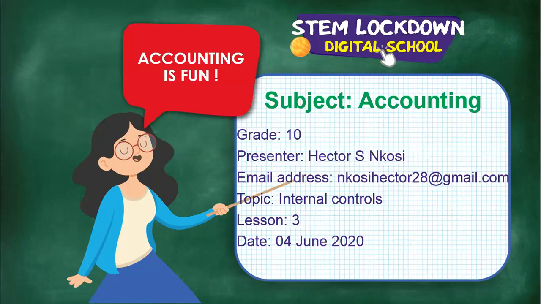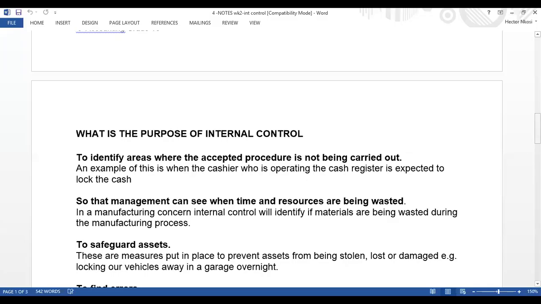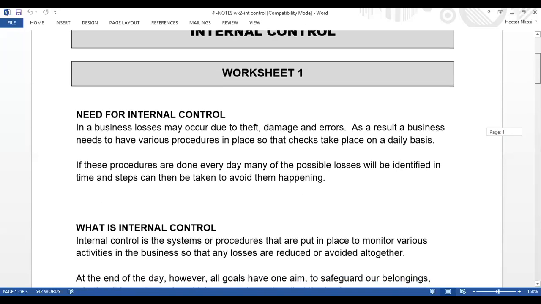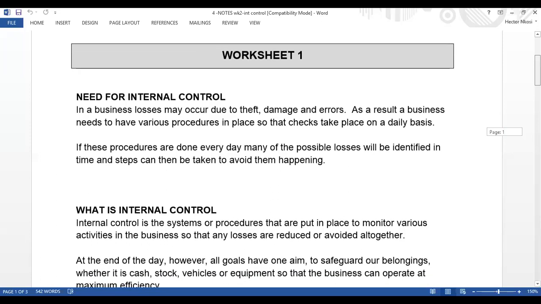Yesterday, it was so exciting for me to teach you, because I love the manner in which you participate in this class. Okay, so now I want us to go through internal controls. It will probably take us 10 to 15 minutes. Then after internal controls, I would like us to look at